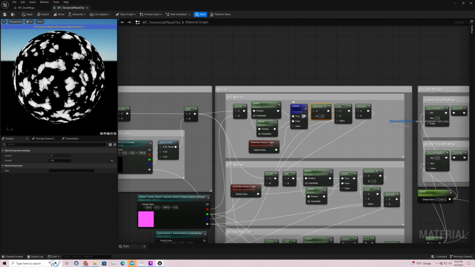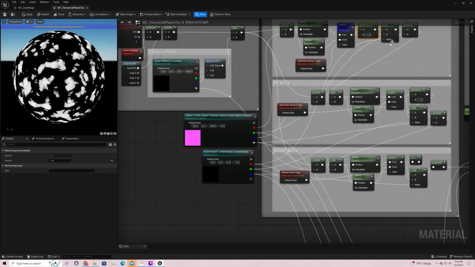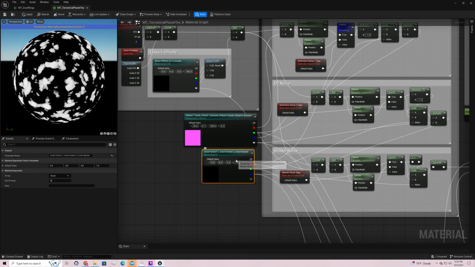Okay, so we run the noise output here into this multiply node of -1, feed that into warp A, run the original value into warp B, and then we're going to connect our alpha channel of this warp node into this double vector parameter, specifically invert distortion 1. Now what's the point of this? This allows it so that we can, if we want to, flip,